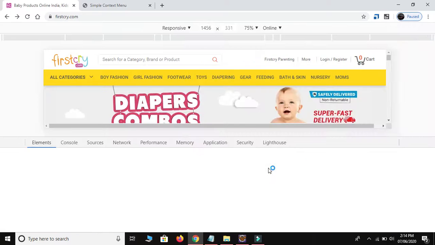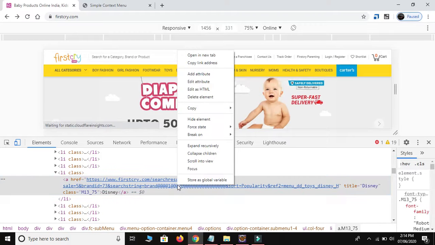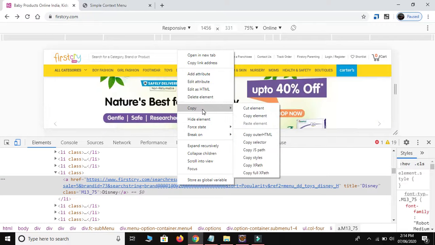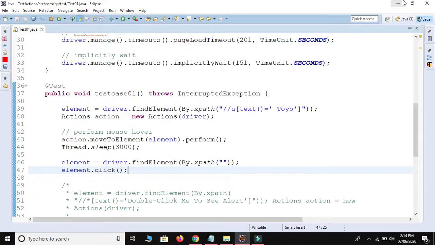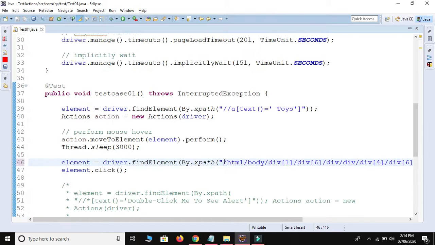Okay, this is the web element. I will use copy and copy XPath. Okay, I will take absolute XPath.